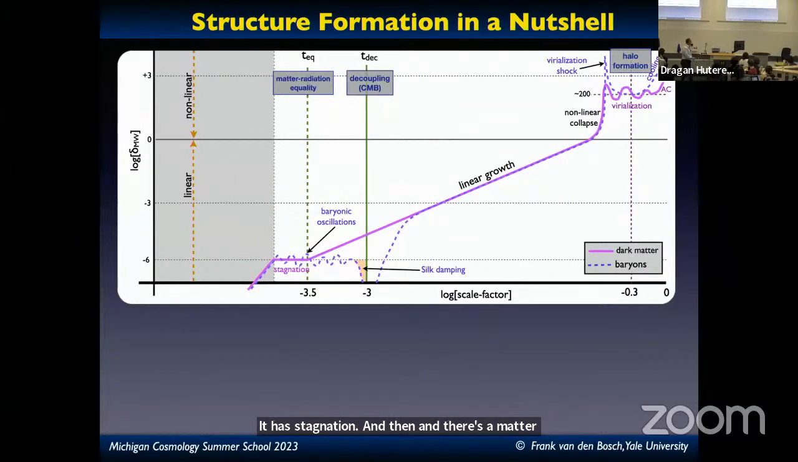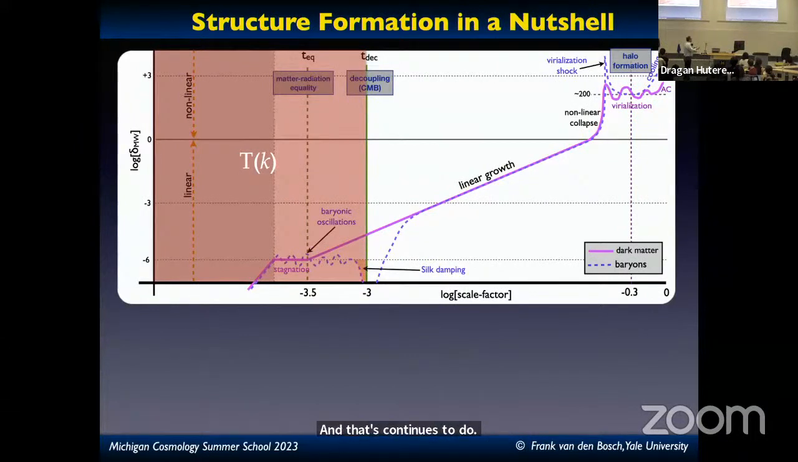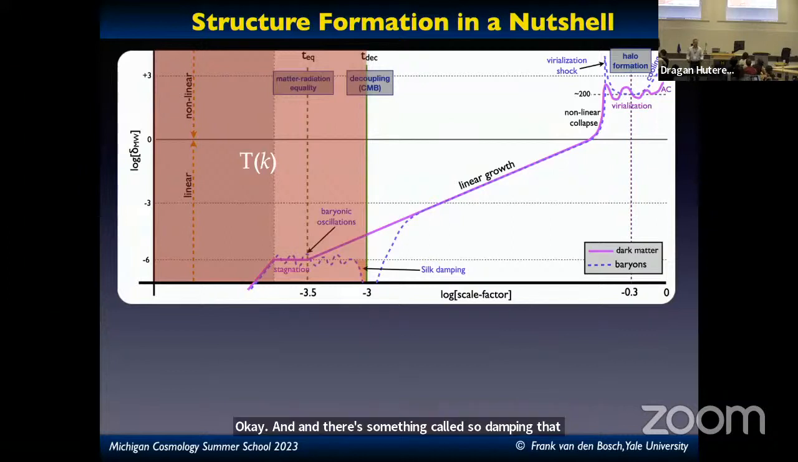And that continues to do. Okay. The baryonic part does the same thing, and then it undergoes this wiggle because it has pressure and it starts to have oscillations. Okay. And then there's something called Silk damping that kills the perturbations in the baryons, but then afterwards the baryons see the dark matter and fall back in. And so this entire escapade has zero net effect, except for some small interesting physics I don't want to